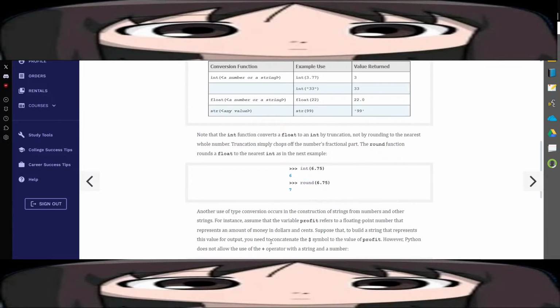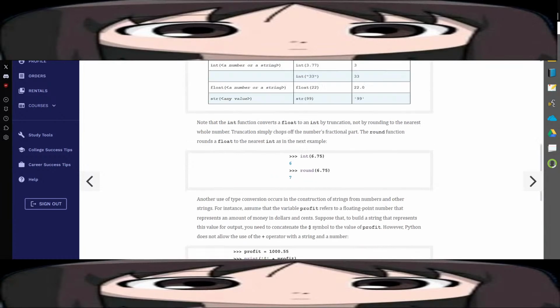Yeah, so you have to use the round function to round it, but